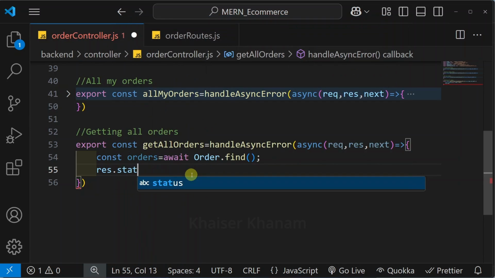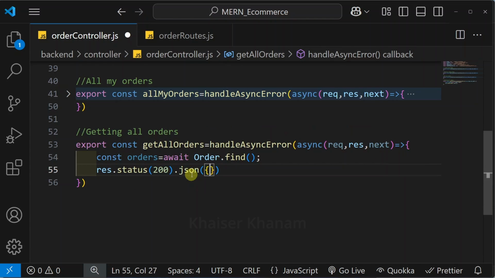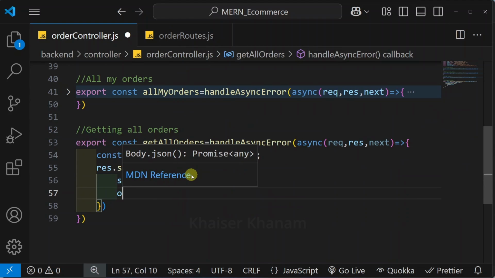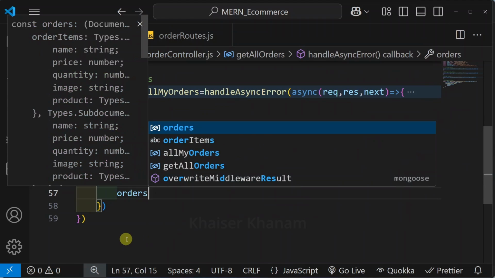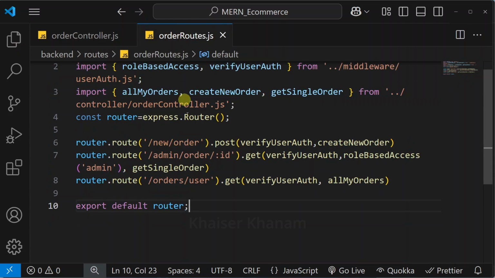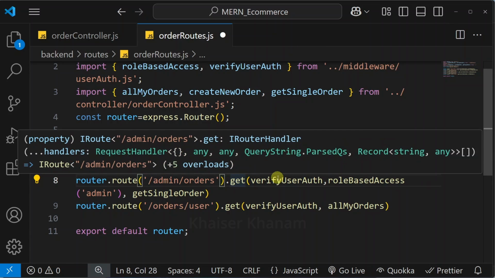Below this, I will be sending the response.status. Status code will be 200. JSON method success will be true, and then I will be passing all the orders, and this only admin can access. Now I will copy this route, and then directly I will be passing orders, and again we are getting